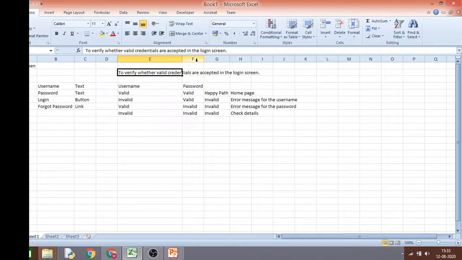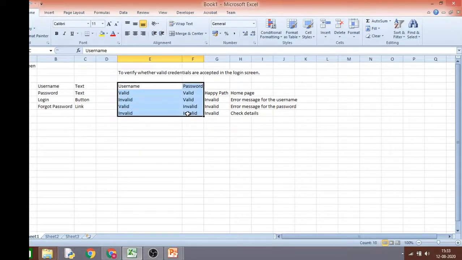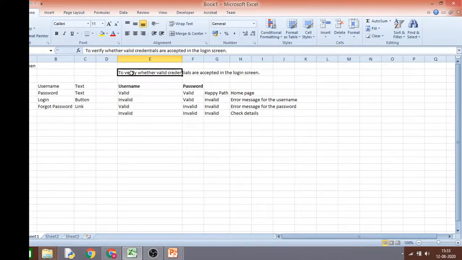So the bigger picture is going to be the scenario, and the various combinations that you're going to try to make the test scenario true or false. You can check for a valid condition or you can check for an invalid condition. The various combinations that you give are your test cases. So for me, now I have one test scenario where I'm going to check for the validity of the credentials, the username and the password that I'm going to give. But for that, I have a minimum of 4 test cases.